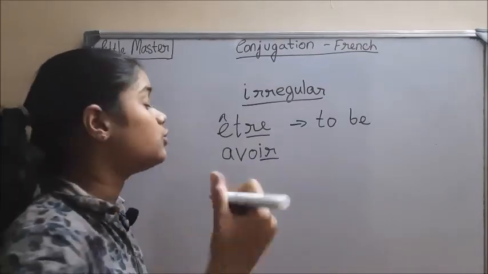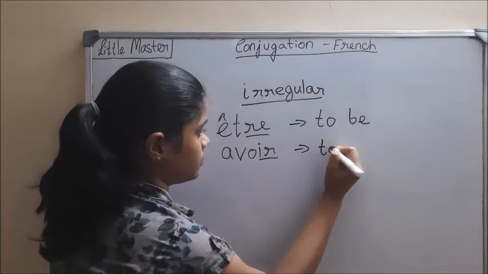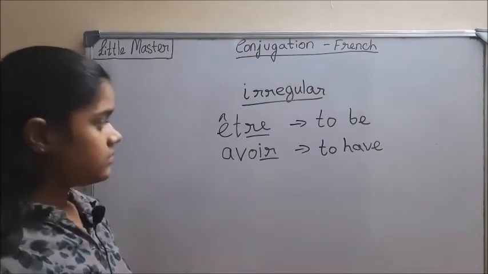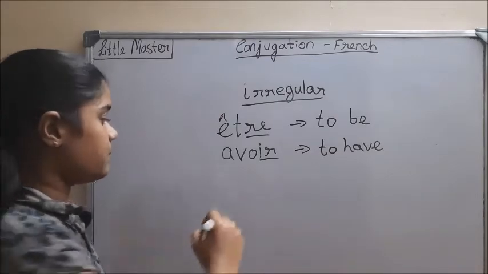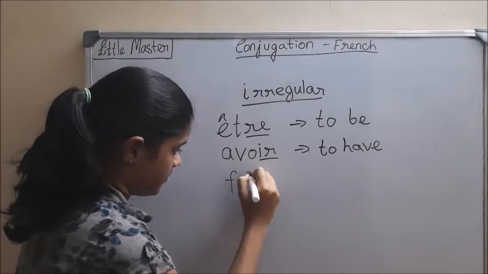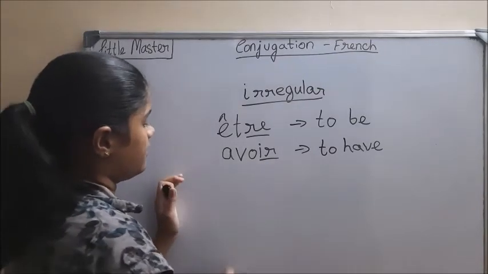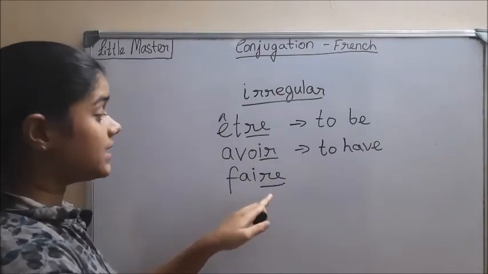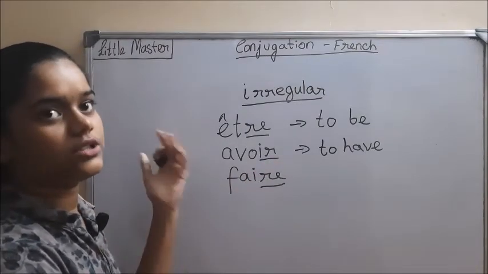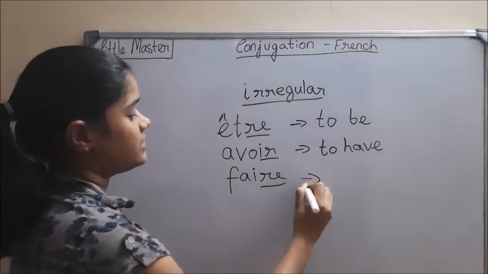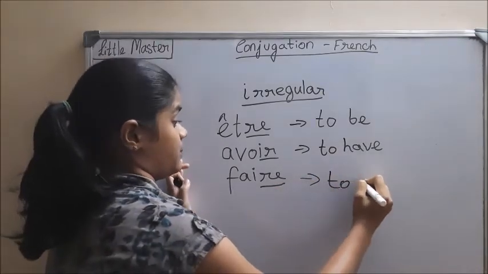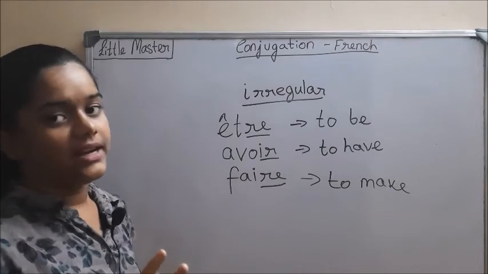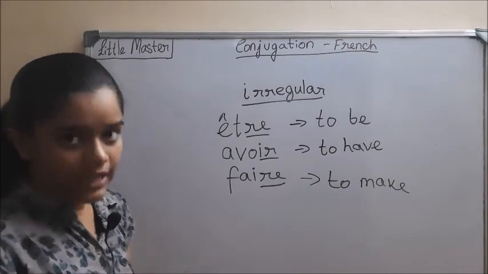So what is avoir? To have. Yeah. So now after avoir we have faire. Faire. Okay. Now RE, right? But it doesn't end with all those endings which RE verbs have. Now, what is faire? To make. Now, this is known as irregular, and we learned about RE verbs, IR verbs, ER verbs, and all